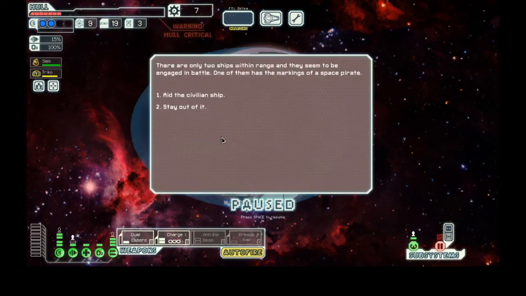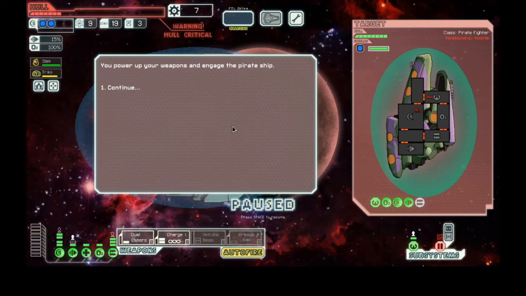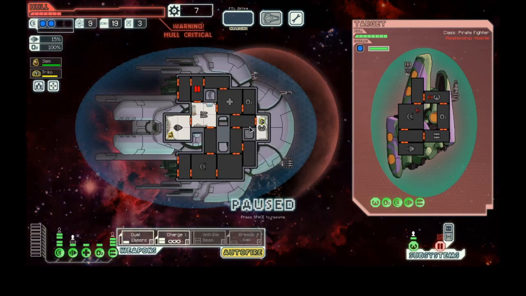Only 2 ships within range, and they seem to be engaged in a battle. One of them has the markings of a space pirate. Well, why not? What do we have to lose? The worst thing that can happen is we die. Okay, so they have a beam, they have an EMP. And with our double shields, honestly, that's not much of a problem for us. They can drop our shields, but they can't get through them. So here's what we're going to do. We're going to turn the lasers...